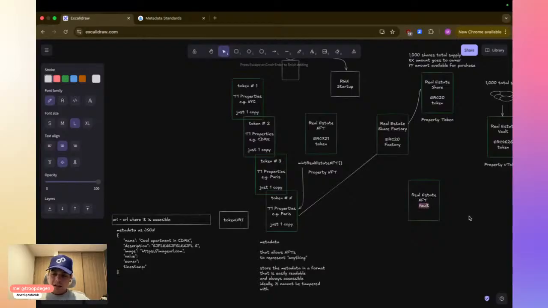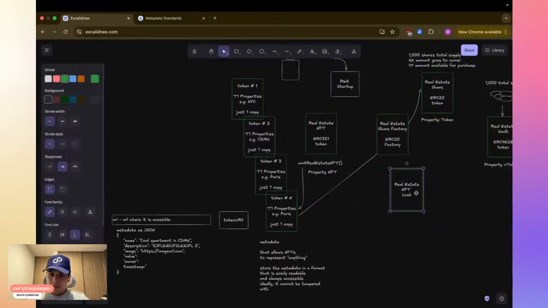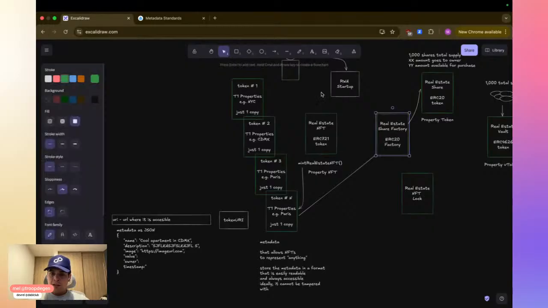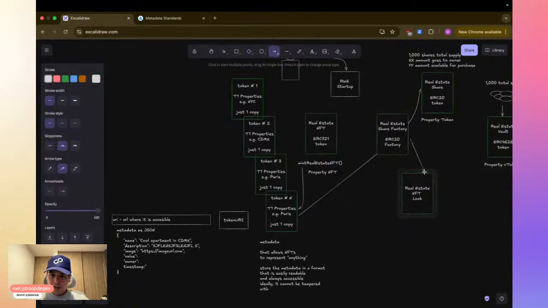Not a vault, more like a lock or escrow. That way this token will be sent to this address, and you ensure that this token cannot be moved anywhere else. This is something that we didn't build into our contract, because we haven't done the factory over here. But ideally this will be handled like this.